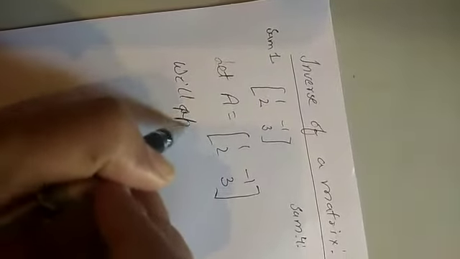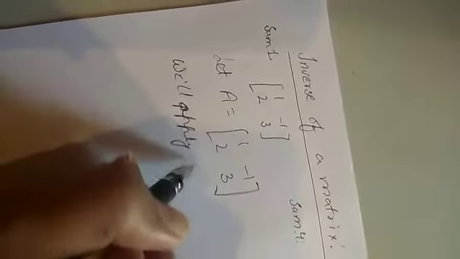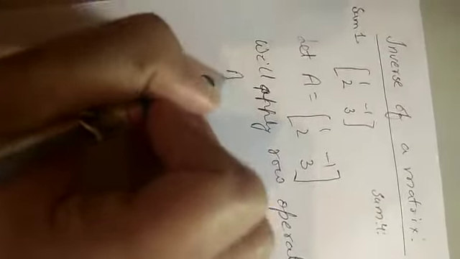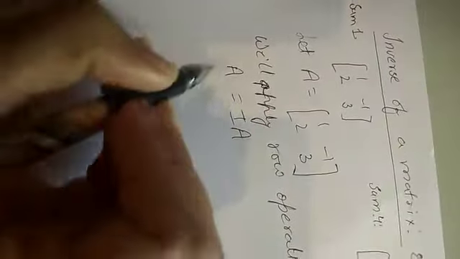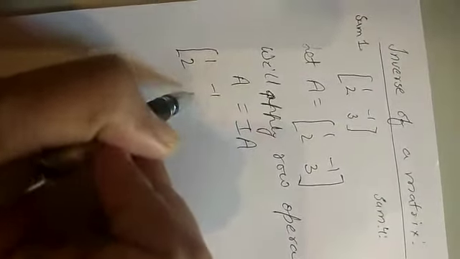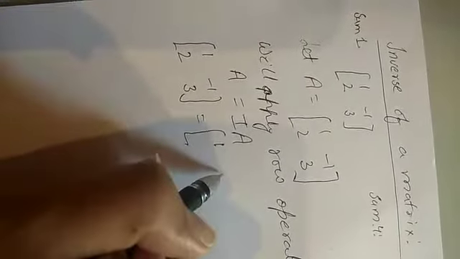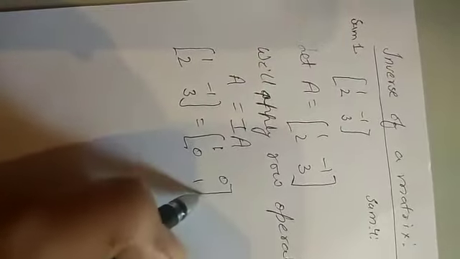So we will apply row operations. It will not be mentioned which operations you have to apply. It is totally your choice which operations you want to do the sum with, right? So when I write down, we will apply row operations, we will write A equals to IA. Now on this side, the given matrix A, it is 1, 2, minus 1 and 3. On the RHS, I, that is the identity matrix, and the order of the identity matrix we will keep the same as the order of the given A matrix, and here we will just write A.